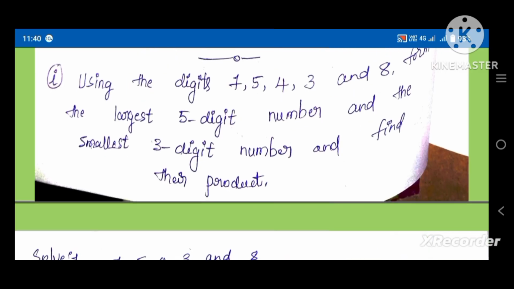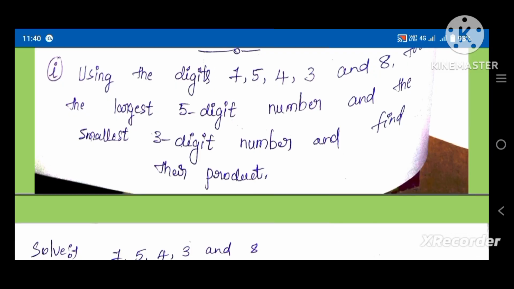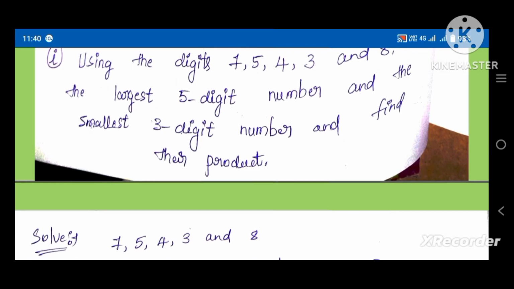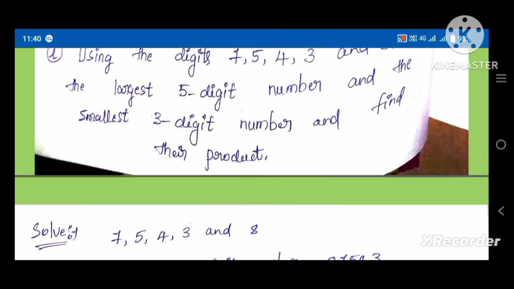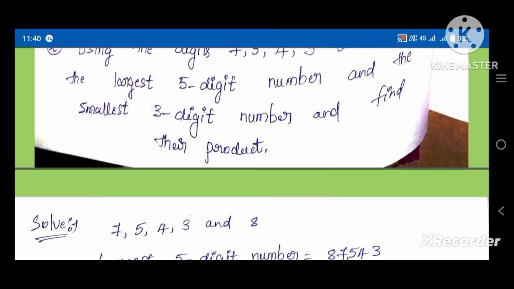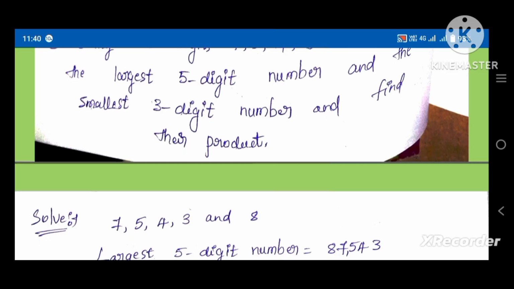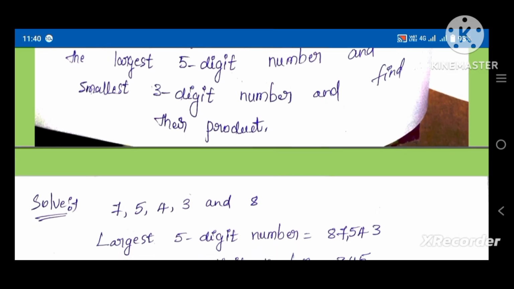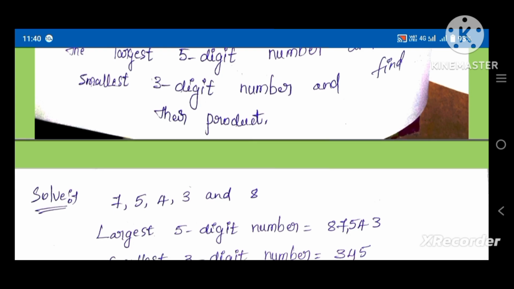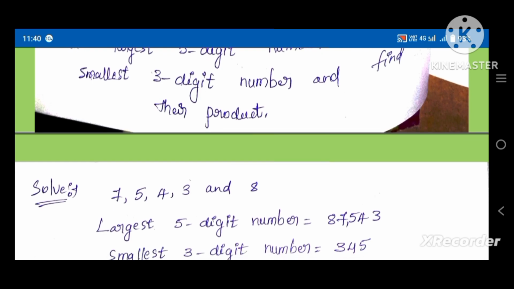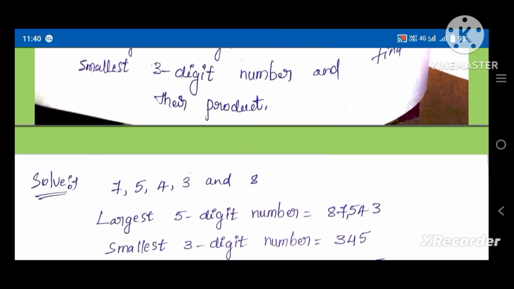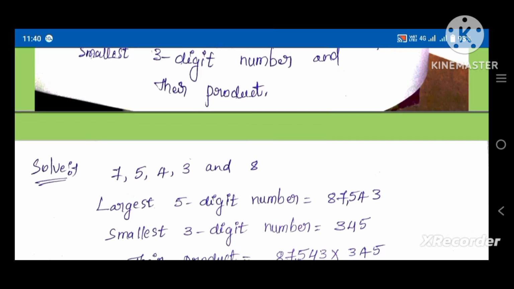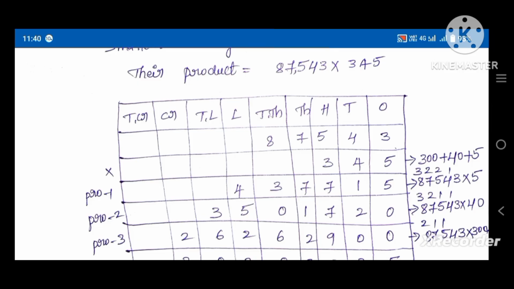Question. Using the digits 7, 5, 4, 3 and 8, form the largest 5-digit number and the smallest 3-digit number and find their product. Solve. 7, 5, 4, 3 and 8. Largest 5-digit number is equal to 87,543. Smallest 3-digit number is equal to 345. Their product is equal to